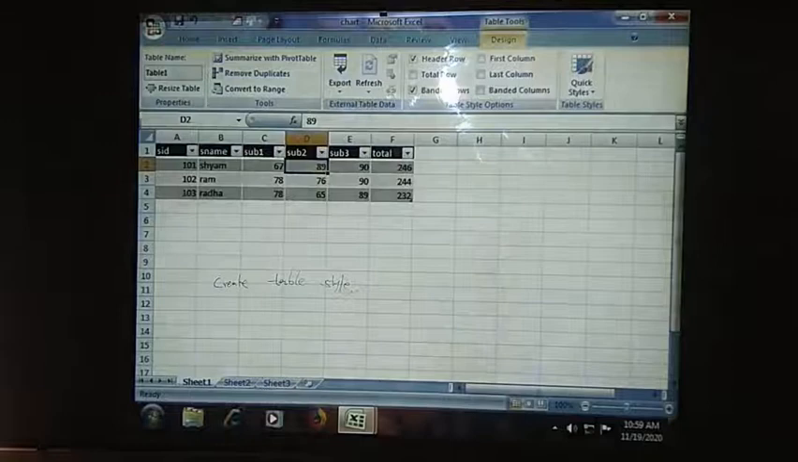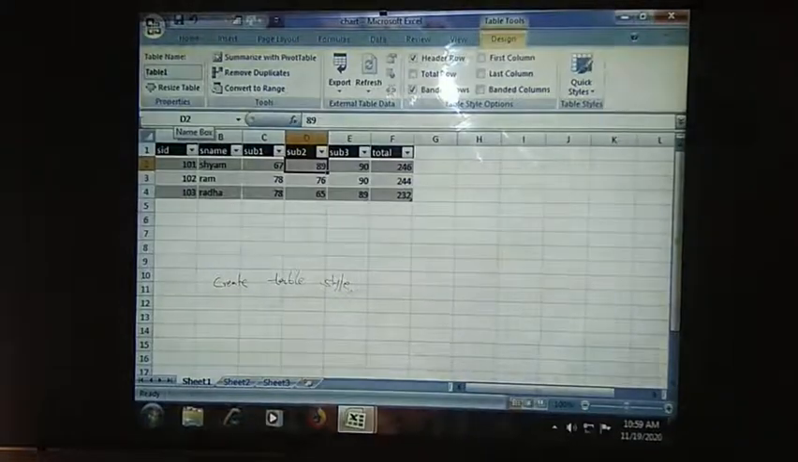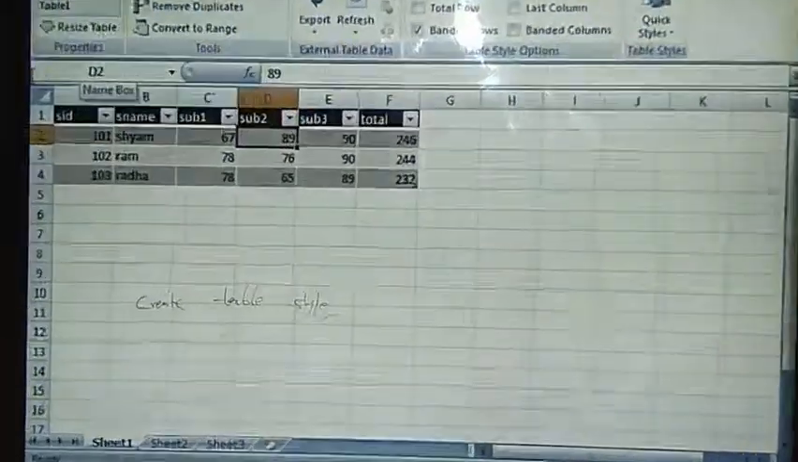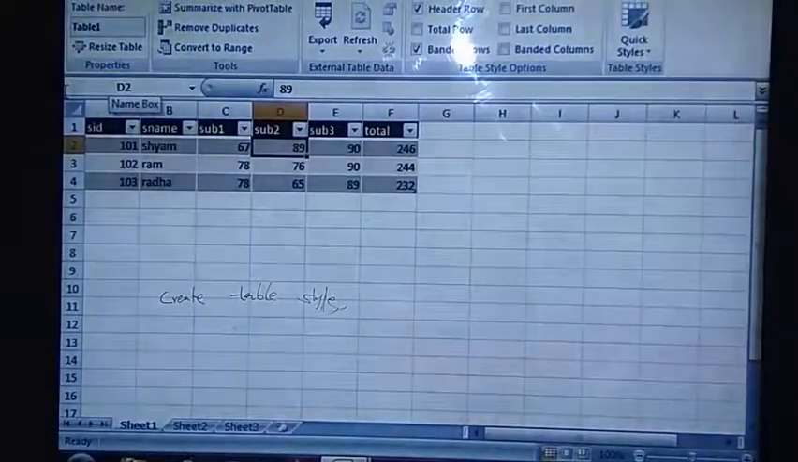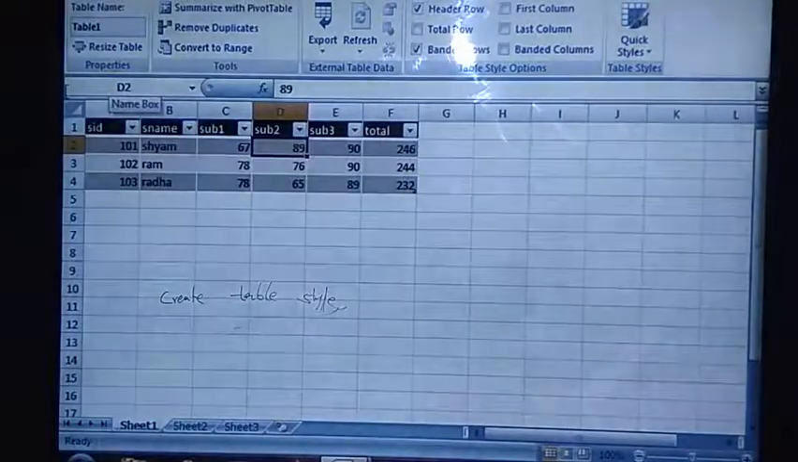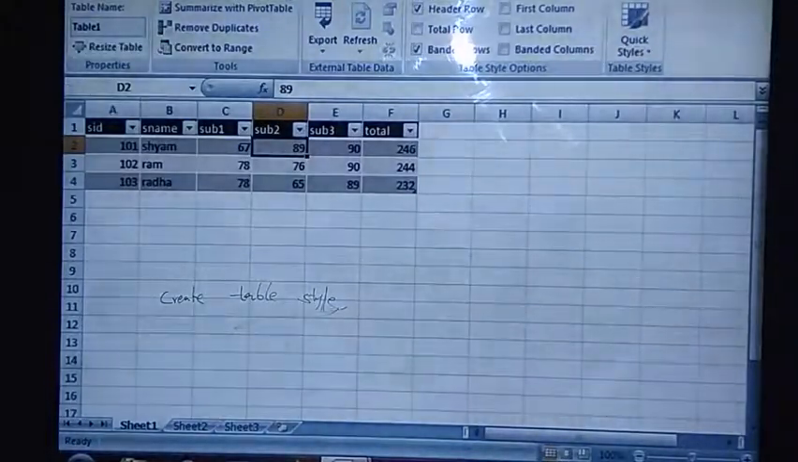But suppose you want to modify the content, if you want to have a new style for your table. You can observe it on the screen. This is the style that is there in your Excel sheet by default. But if you want to create your own style, then how will it be created? Just observe on your screen. You have quick styles. In the quick styles itself, when you are going to the design tab,